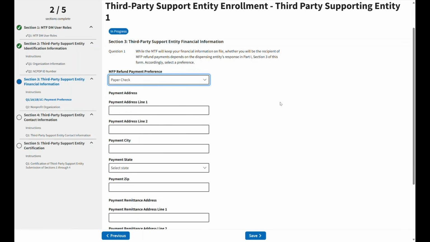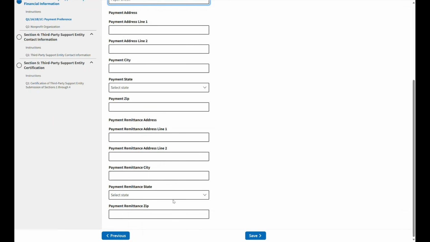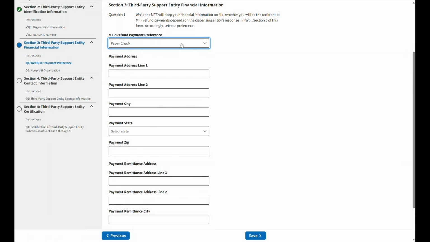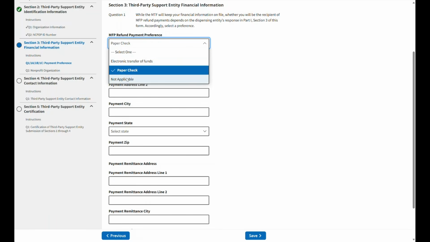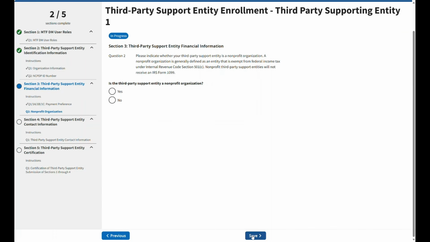If you select paper check, you will need to add your payment address and your remittance address information. And if you do not receive MFP refund payments, you will simply select not applicable. Once you have made your selection and you have entered the information required, you can click Save and move to the next question.